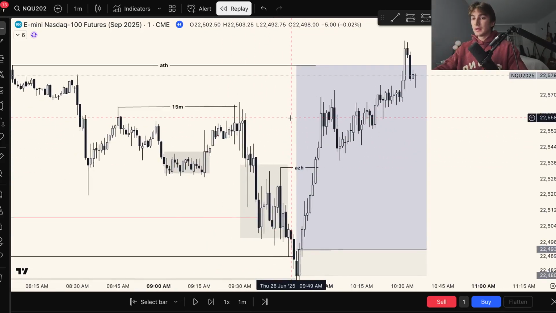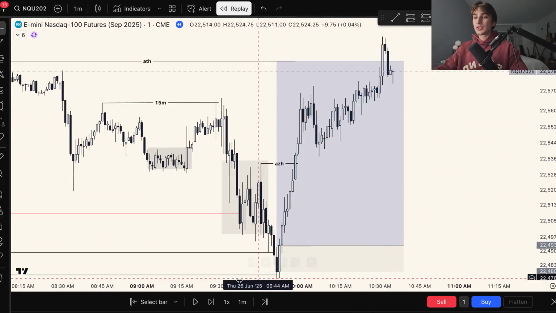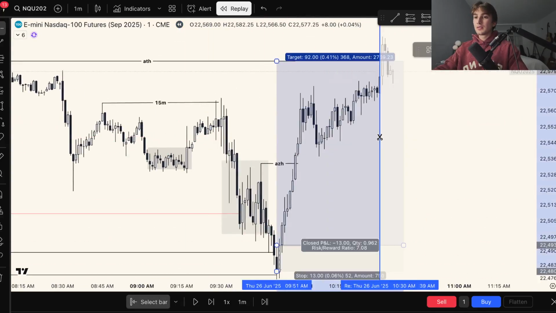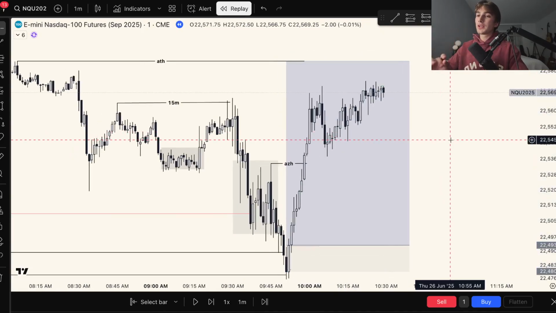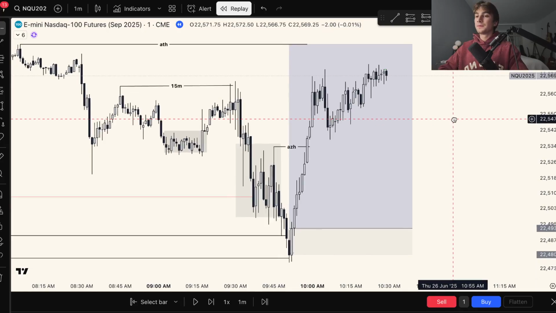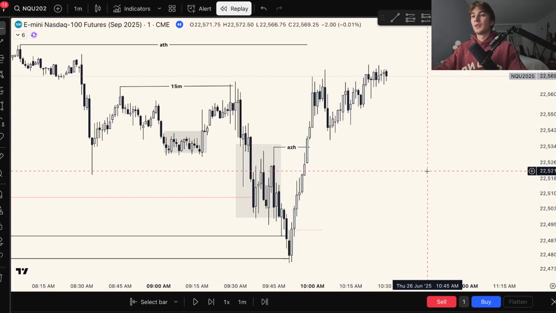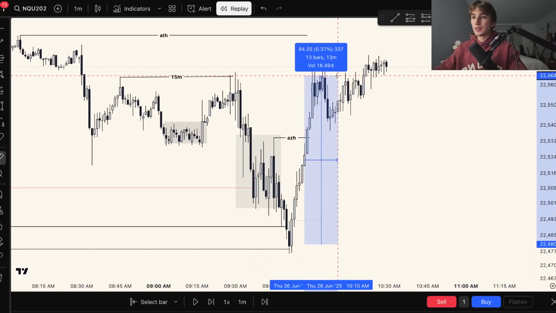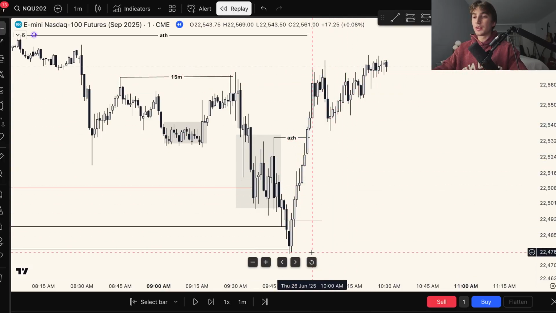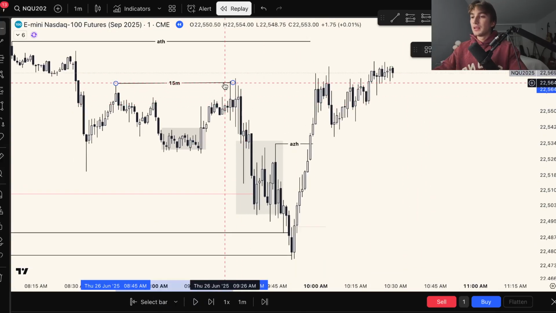But yeah. And can anyone notice another PDI here? This is a bit hard to spot. But do you notice another PDI within here? I don't blame you if you don't. But let's look at this. What happens here after this pretty strong move with little to no retracement? So notice what happens here. Let's say